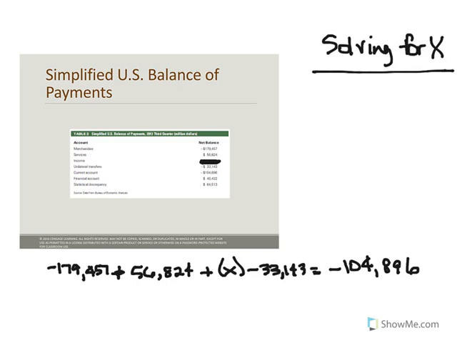So we would just want to do that math out to see what we come up with. You'll notice that's what I have written down here. We have the merchandise account plus the value of the services account plus X plus the value of the unilateral transfers account, and that should all add up to the value of your current account. So when I add up those other three accounts, what I come up with is negative $155,776,000,000 plus X equals negative $104,896,000,000,